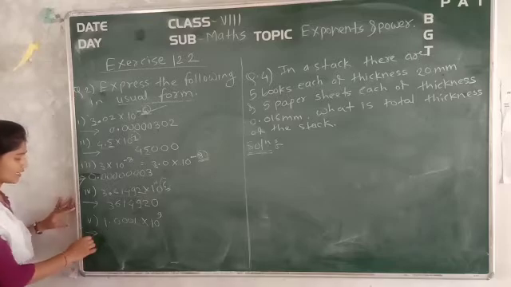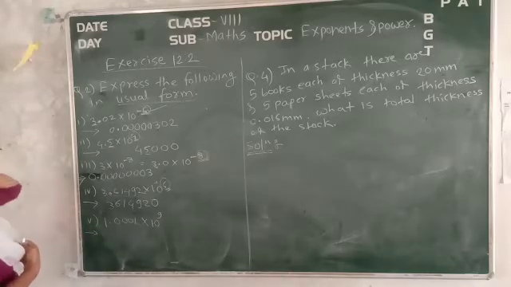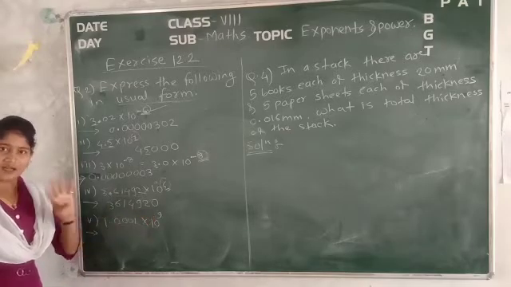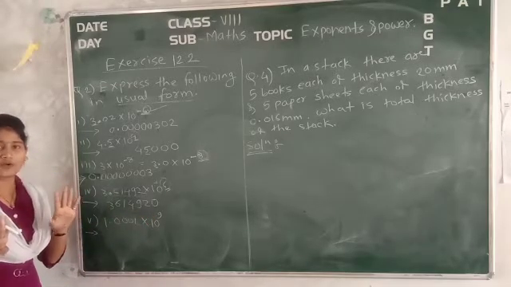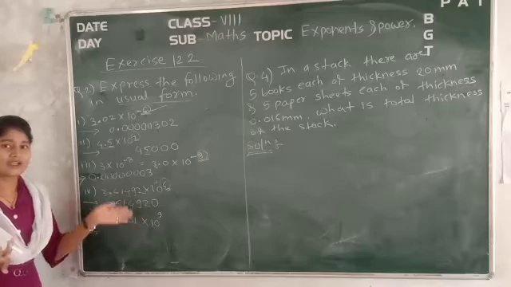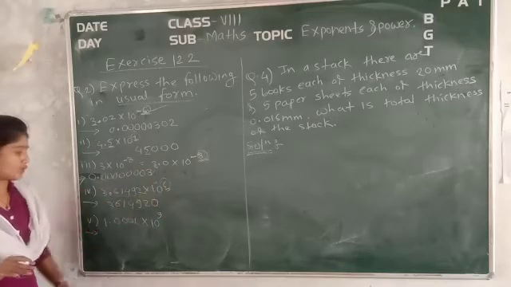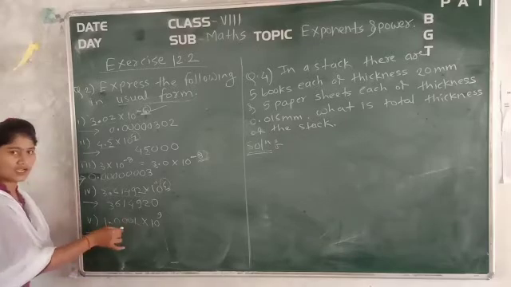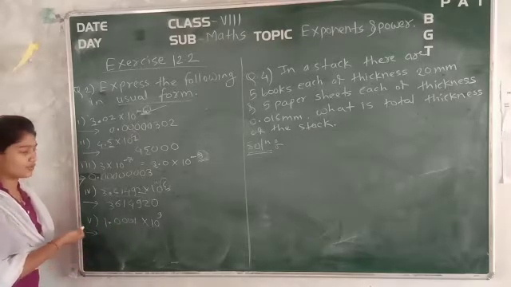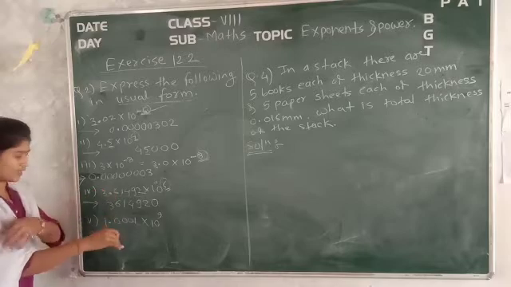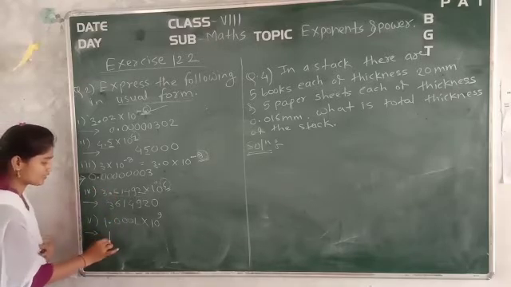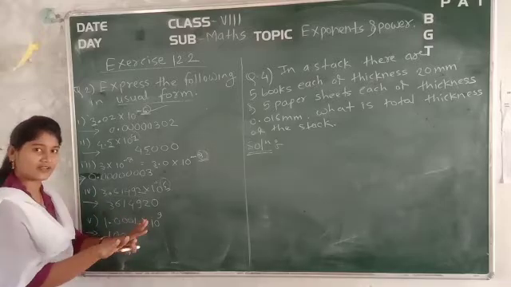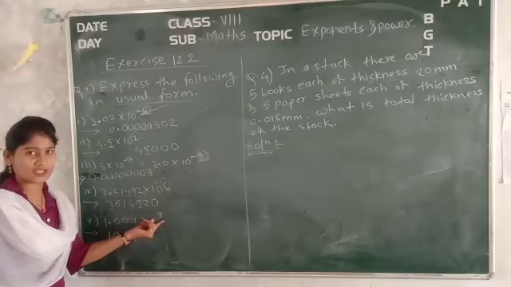Okay. So again, this 1.0001 into 10 to the power 9, plus 9 is there. Up to 9 digits you have to go to the plus, right side. Okay. So just go to the right side. Now your decimal point is here. First of all, what is your foremost duty? To write down the given digits as they are. So just write down the digits, that is 1, 0, 0, 0, 1, and then the remaining ones you have to add to satisfy this exponent condition.